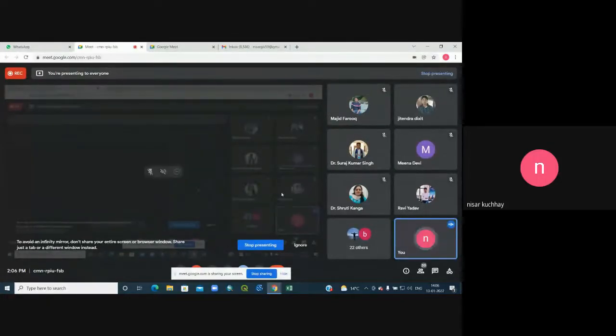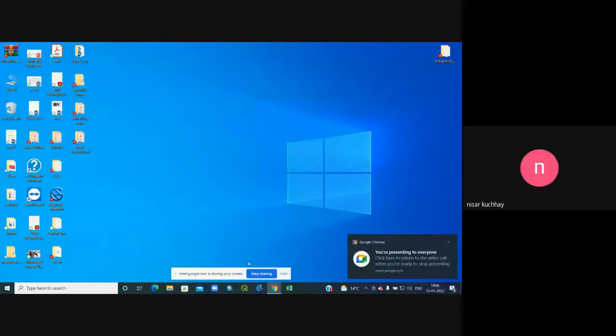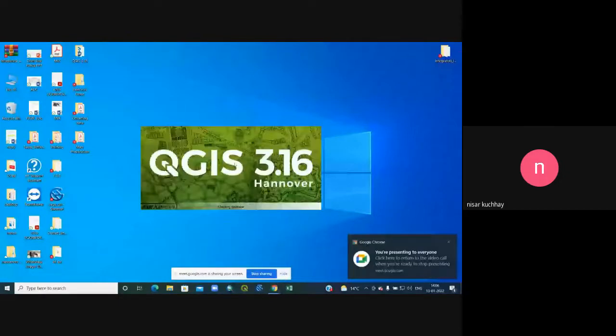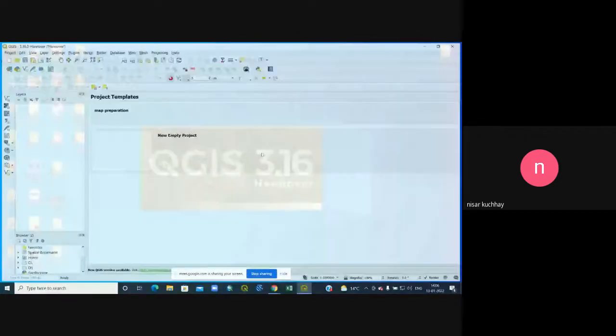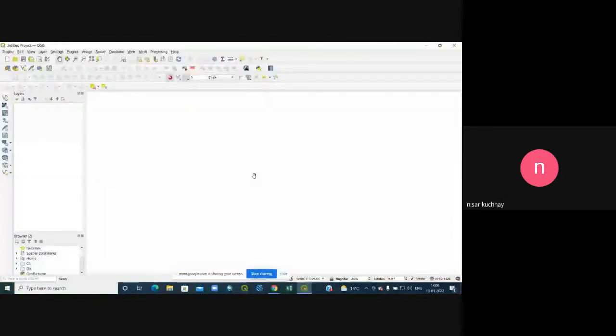Good afternoon, everyone. Is my screen visible to you all? Yes, sir. So, yesterday we talked about vectorization. We had to do the vectorization exercise yesterday, but unfortunately, due to some technical issues with my screen sharing, I was not able to show you. But someone from the participants did a little bit of the exercise. So we will continue